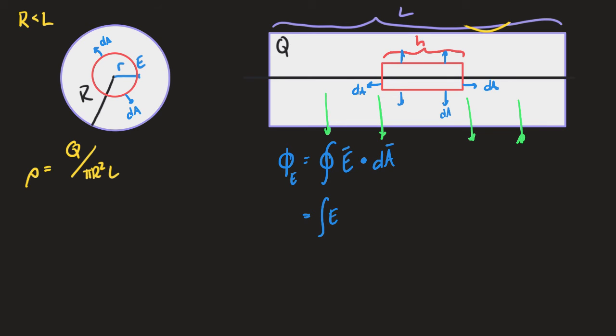So I can say we have E dot dA for the top plus E dot dA for the bottom plus E dot dA for the sides. Just like we did for the infinite line of charge. With the hope being that we can note that there is no flux to the top and bottom, because for those two, the area is perpendicular to the direction of the electric field. But that's going to leave us with E dot dA